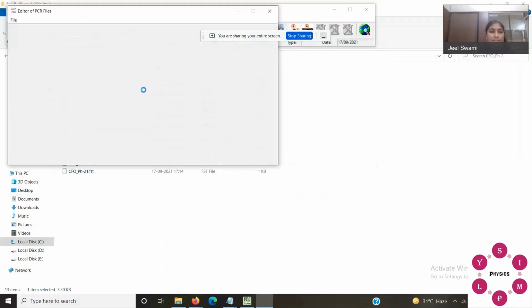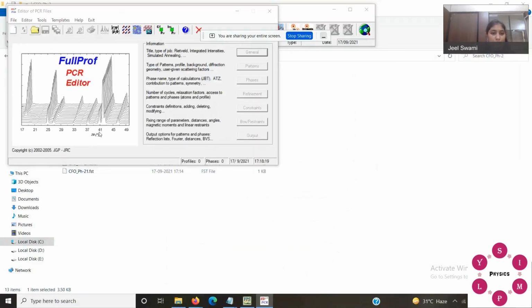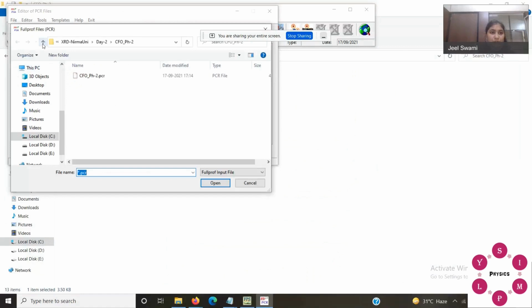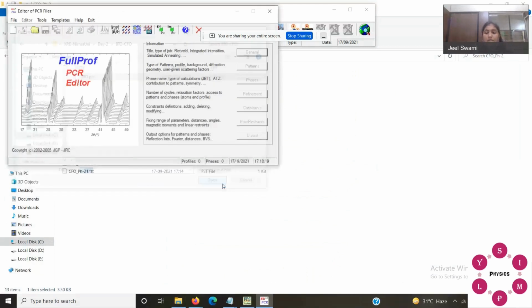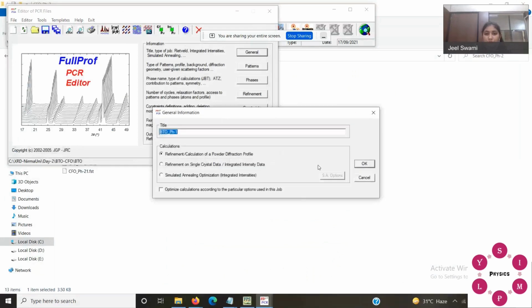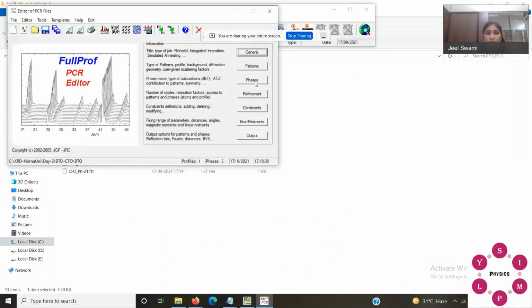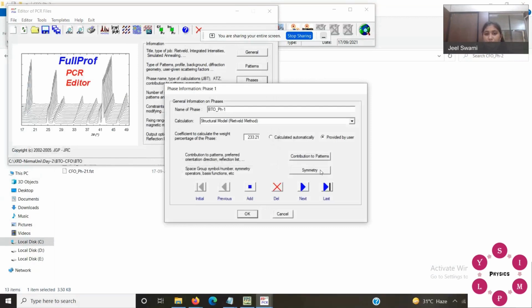Now open your EDPCR. Open. Go to the folder, the third folder which we made, BTO CFO, and now open the PCR file which we have changed. Now you can change the name. Now you can change in phase. You get 2 phases.